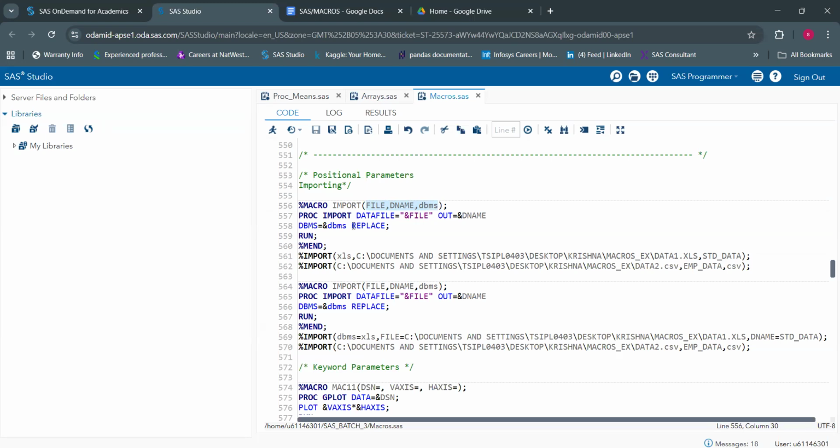Yeah. So for example, if I consider this proc import, what does proc import have? Proc import datafile equal to file, out equal to dataset name, dbms equal to